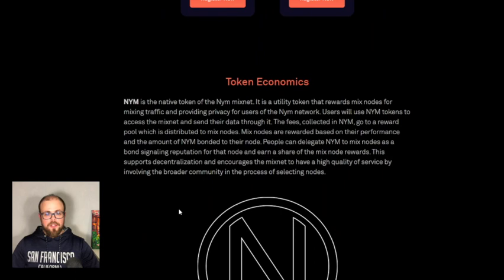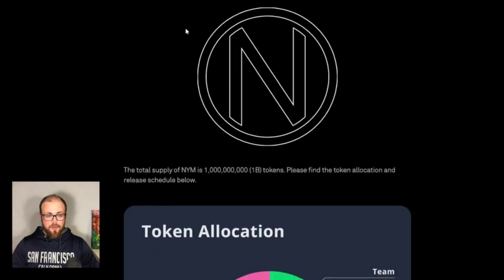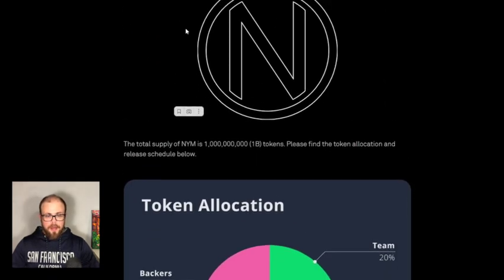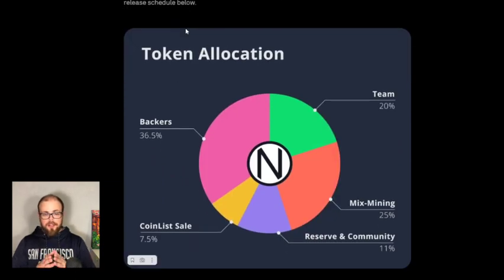So let's speak about tokenomics. NIM is the native token of the NIM mixnet. It's a utility token that rewards mix nodes for mixing traffic and providing privacy for users of the NIM network. Total supply is 1 billion tokens. And speaking about token allocations, backers get